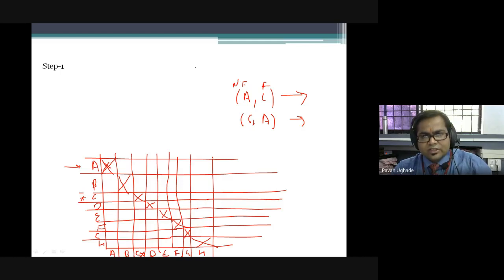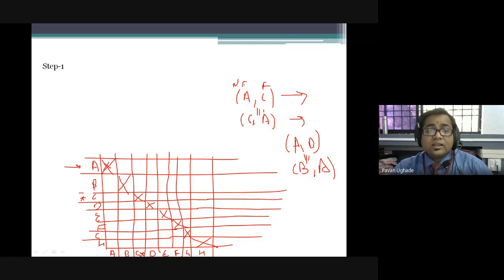In a different way, take A comma B and B comma A. Whether they are going to give me the same result, we are just checking whether they belong to the same category. Non-final, final, final, non-final. I think both are in the same category, right? That is distinguishable. A comma B, non-final, non-final. B comma A, non-final, non-final. Indistinguishable states. Whether they are same or different? They are same.